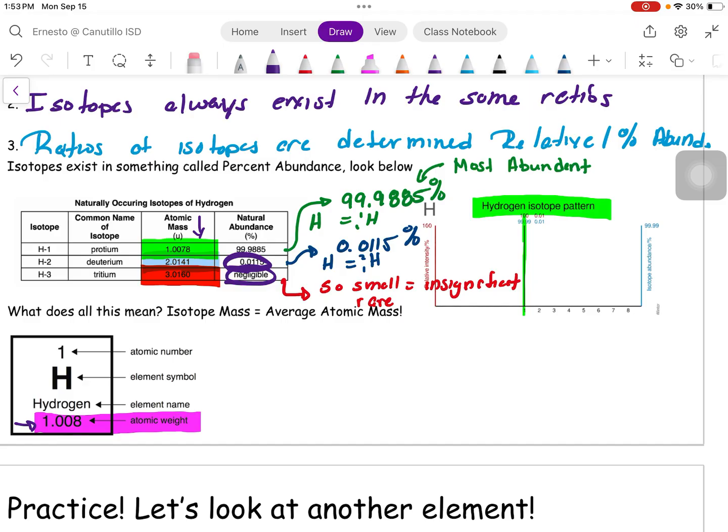So let's take a look, right? If I was to take a look at hydrogen 1, right, the first thing I'm going to do is take a look at that percent abundance, okay? And I'm going to convert that into a decimal. Because remember that a percent is out of 100. So in order for me to convert a percent into a decimal,